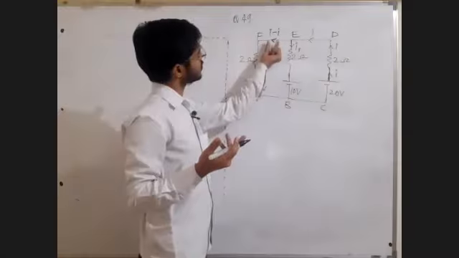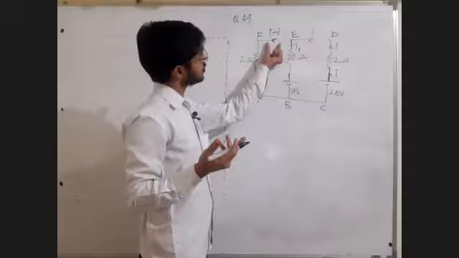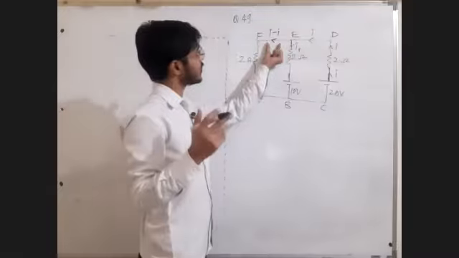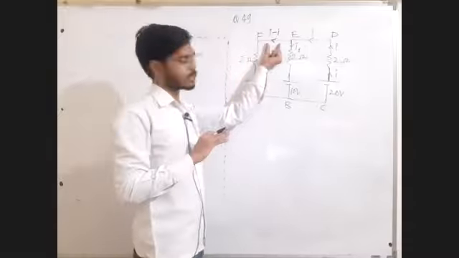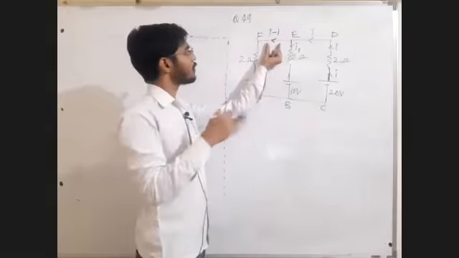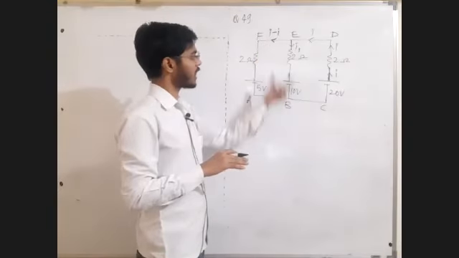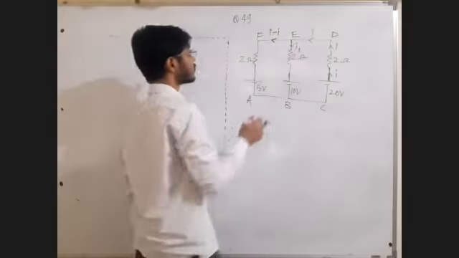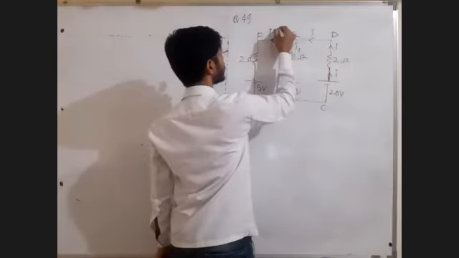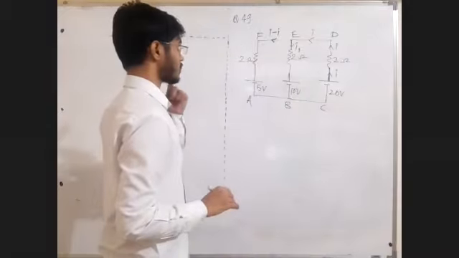At the starting of the current allocation, I am using Kirchhoff's current law and trying to avoid the extra variables. I have already used Kirchhoff's current law. So with the help of Kirchhoff's current law, I try to reduce the number of variables, and after that I write Kirchhoff's voltage law, so that I can solve the questions with minimum variables and minimum equations.